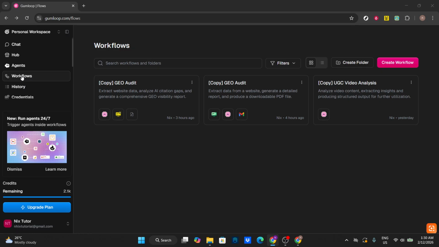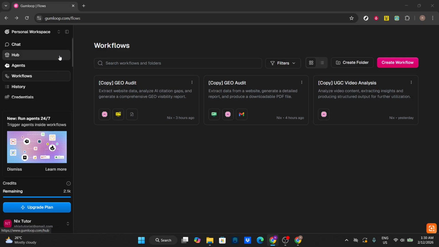Start by heading to the Gumloop hub in your browser. Once the dashboard loads, look to the left-hand side of the screen. You'll see the main navigation panel there. This panel is where you'll find the core areas of your account, and it's the quickest route to your personal and workspace preferences. If your sidebar is collapsed, hover over it, or click the menu icon to expand it so